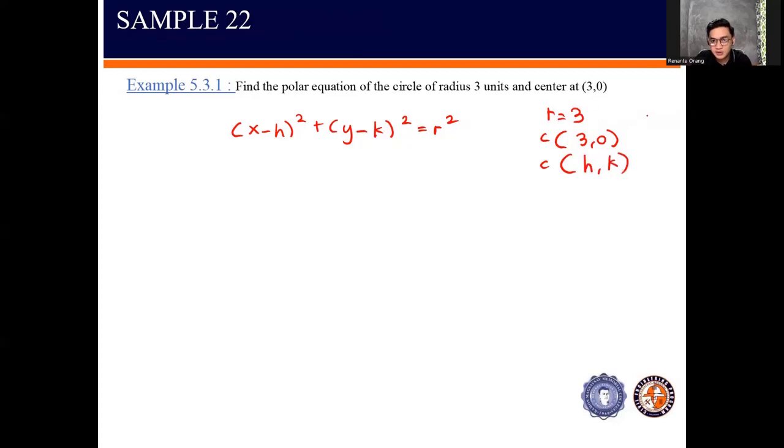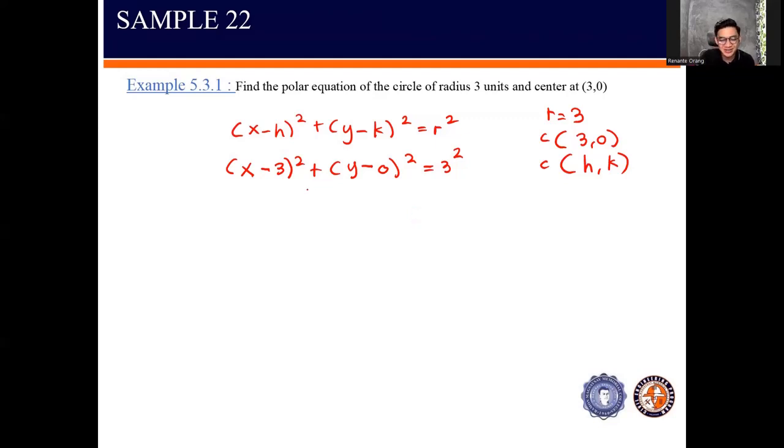So we can substitute this to our specific formula. Therefore, here we put x minus, our h is 3, so x minus 3 squared, plus y minus, our k is 0, squared, and then our r is 3 squared. Ayan. So the next thing that we need to do is just